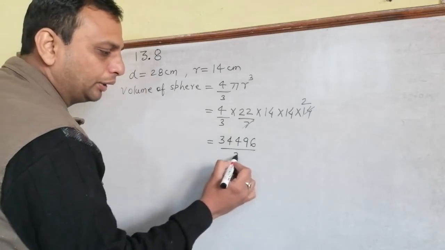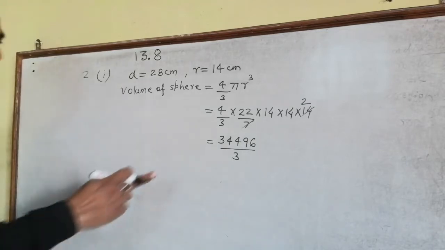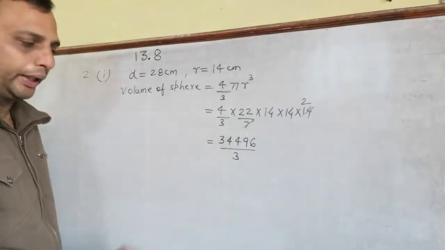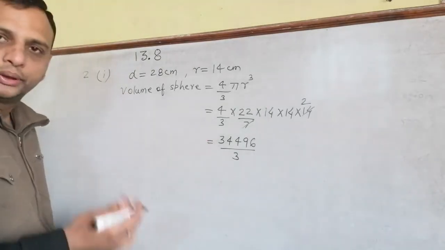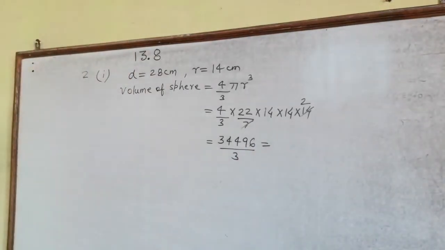34996 upon 3. This is the volume we got when we multiply this number. And I already told you, if you find the answer in decimal then also it is okay. If you write it in the form of a mixed fraction then also it is okay. So if we convert to a mixed fraction, then the answer will be